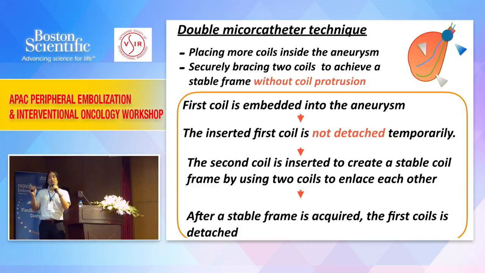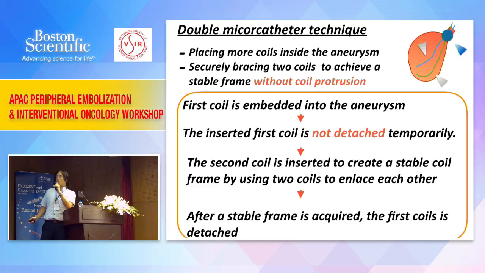If we use only 1 microcatheter, at first we insert 1 coil inside the aneurysm and detach. Then we insert the second coil. However, sometimes the second coil pushes out the first coil to the parent artery, but at that time we can do nothing. But if we use 2 microcatheters, we can prevent such coil protrusion, because at first we